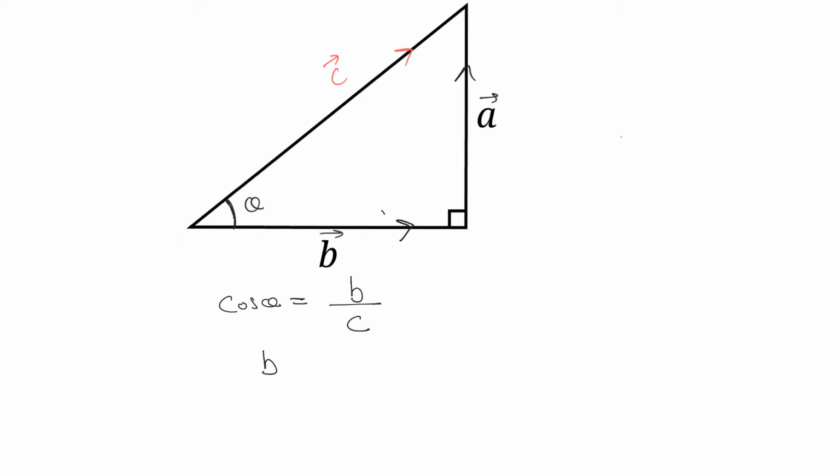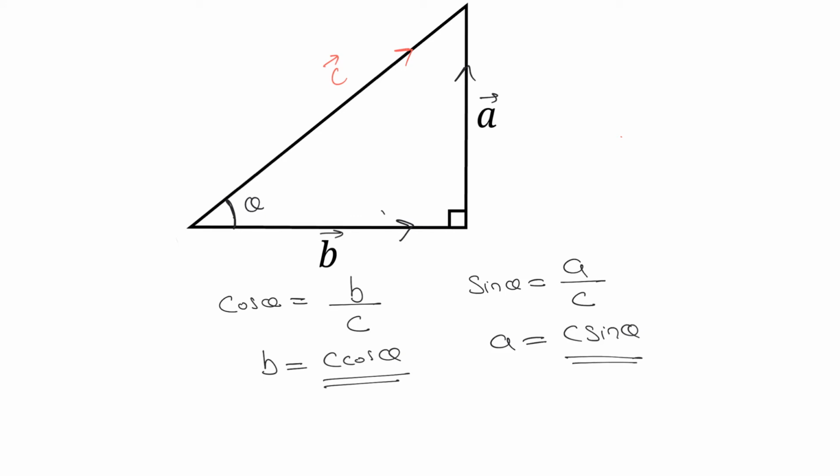So we can write the value of B as C cos theta. Similarly, sin theta is the opposite side divided by the hypotenuse, so the value of A is C sin theta. So we can say that this C vector can be resolved into two vectors of magnitude C cos theta and C sin theta,